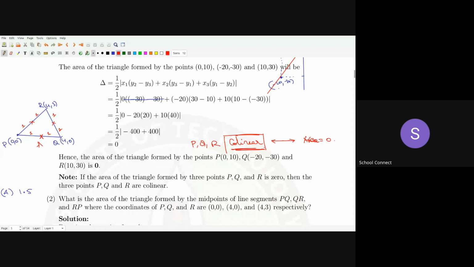Now label this point as A, this point as B, this point as C. Get these coordinates. So I will label them as x1, y1, x2, y2, x3, y3. Get x1, y1, x2, y2, x3, y3 using the section formula. Once you get that, you have your 3 points, and if you form a